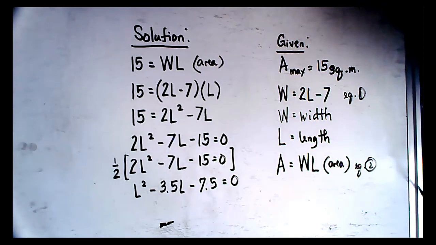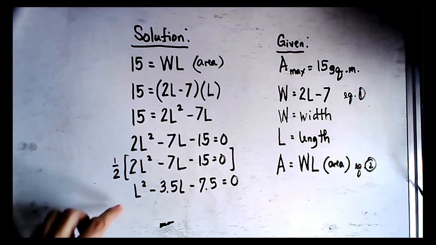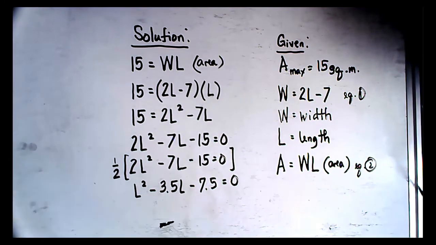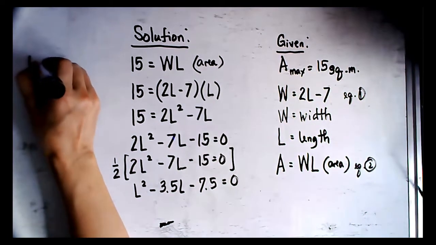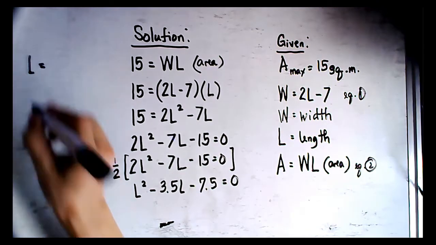You would notice that we can determine the value of L by the use of the quadratic equation. This is A, this is B, and this is C. With the quadratic equation, you will be able to find two answers here. What you are going to use is the positive answer. And by the use of the quadratic equation, you may determine that the value of L is